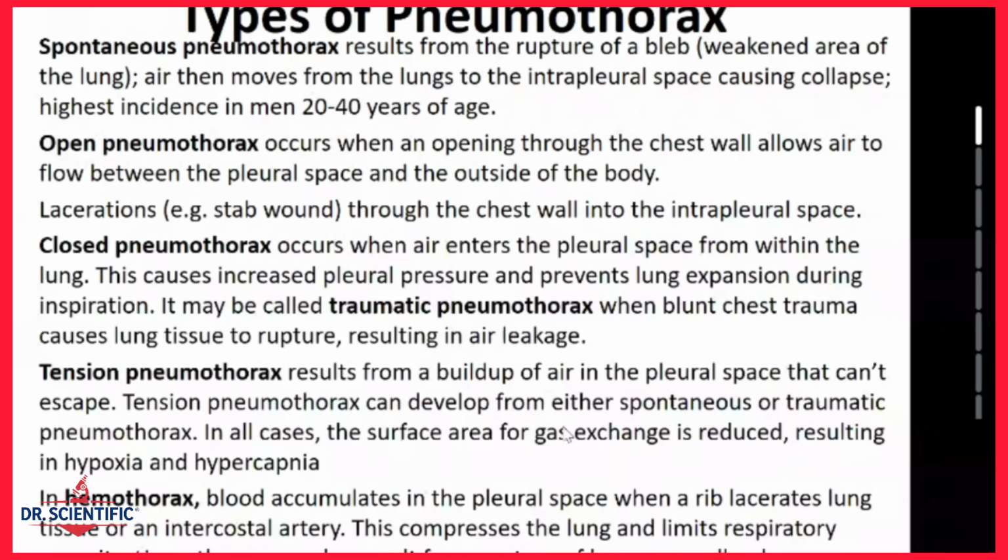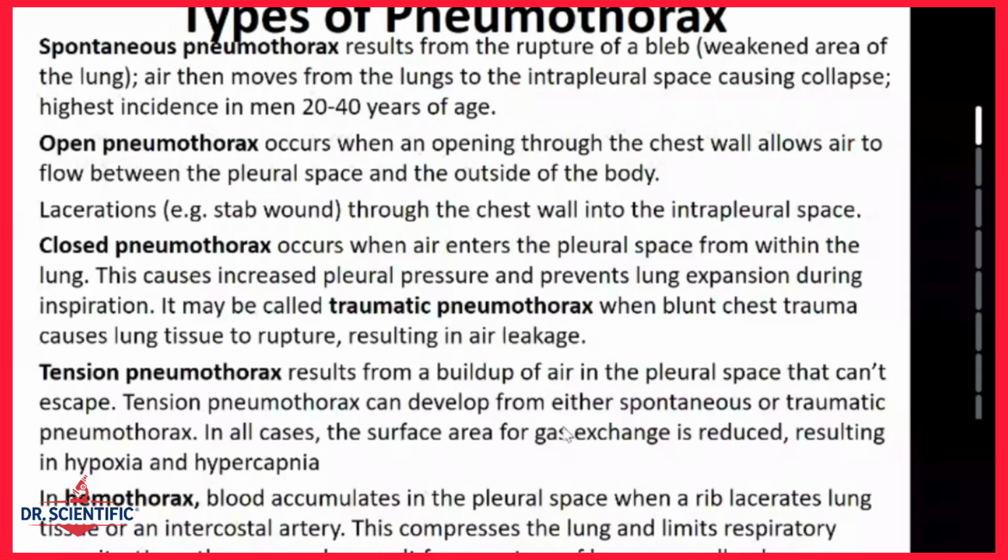Sometimes this is referred to as traumatic pneumothorax, like in the case of blunt chest trauma, which causes the lung tissue to rupture. And because of that rupture, it results in air leaking into the pleural space. So again, that's going to result in collapse of the lung, because now air is finding its way